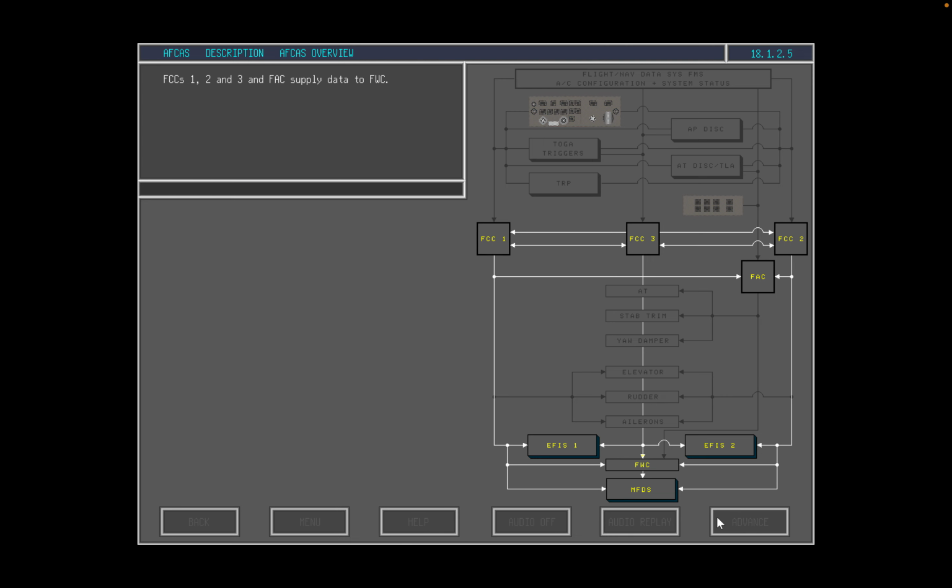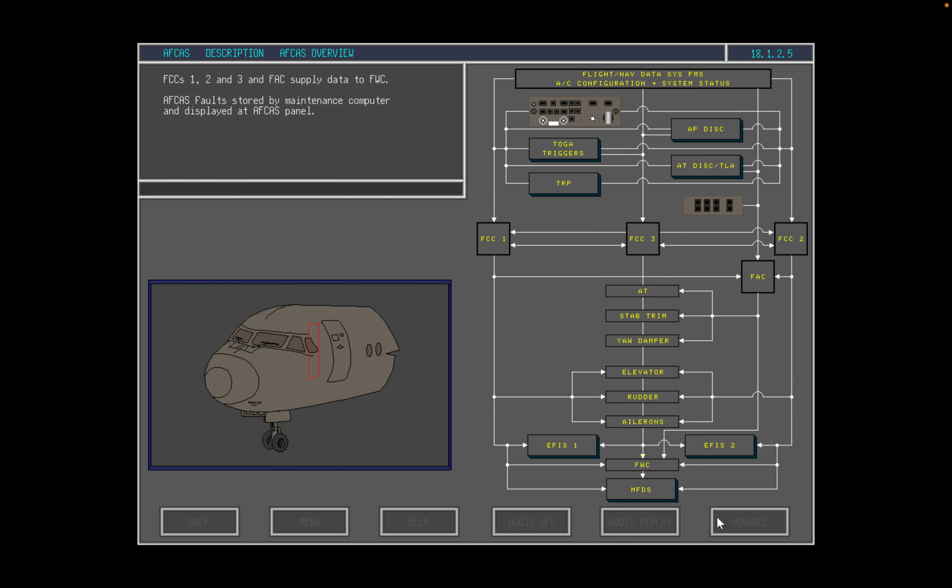All 3 FCCs, together with the flight augmentation computer, supply data to the flight warning computer. AFCAS faults that occur in flight are stored by an AFCAS maintenance computer. AFCAS fault messages from the FCCs and FAC can be displayed at the AFCAS maintenance panel located at the observer's